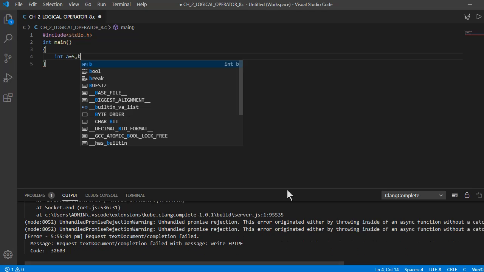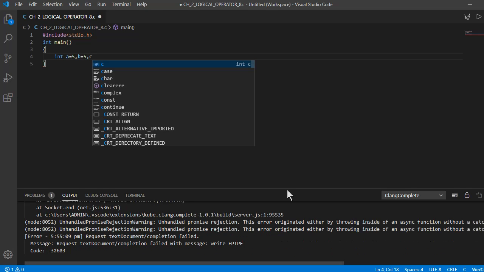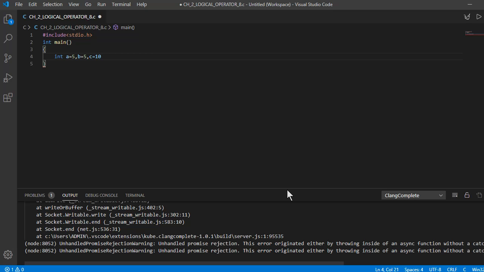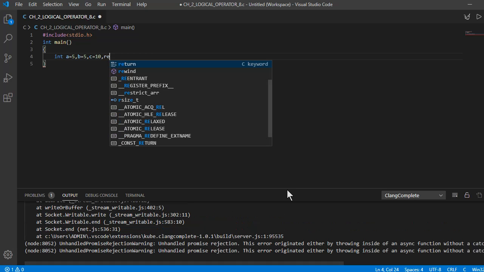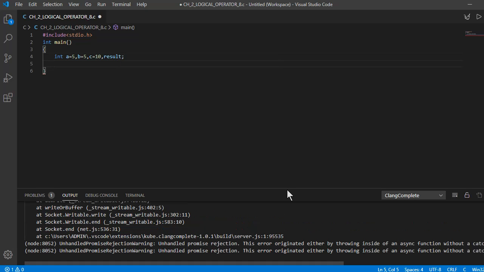Then B, again another value 5. C, and another value 10. And to store all the values, we declare another integer type variable, that is result. Before using any variable, we need to declare all those variables.